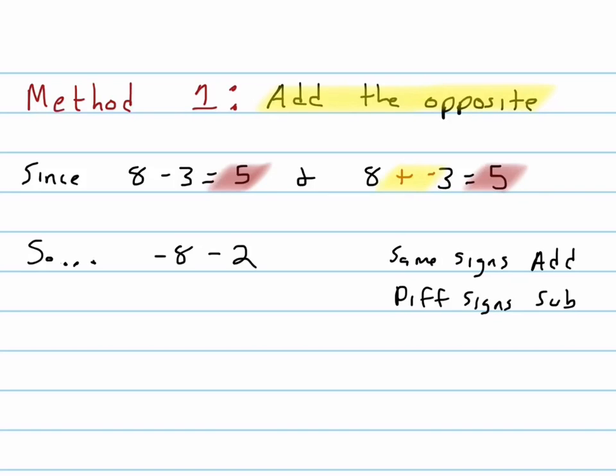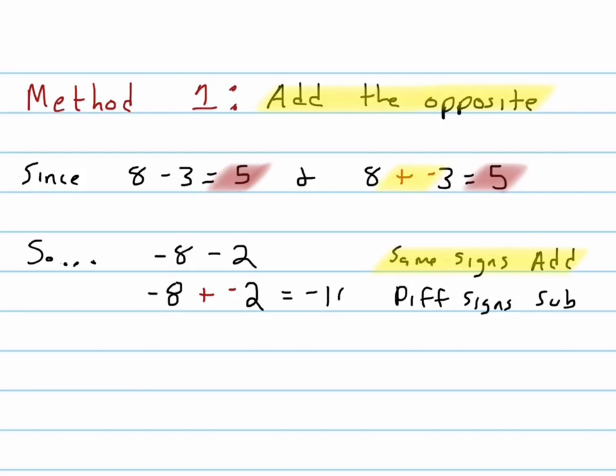All you do is recopy your first number, negative 8, and I'm going to change that minus sign to a plus, but now that 2 needs to become negative, and then you rewrite your number. And now we have the same signs. So we're going to add. So this would equal